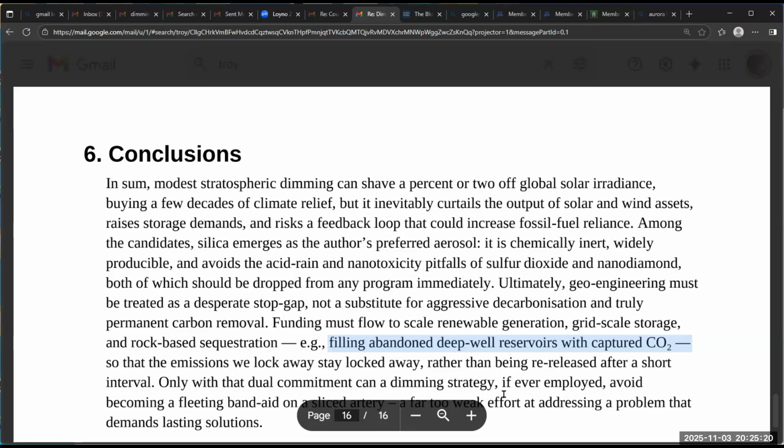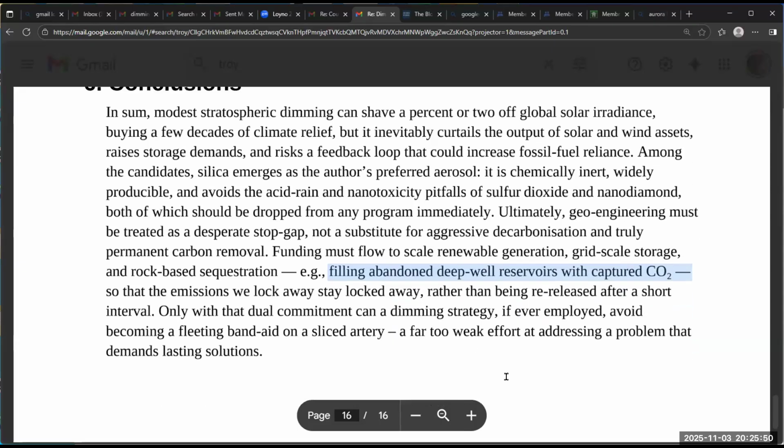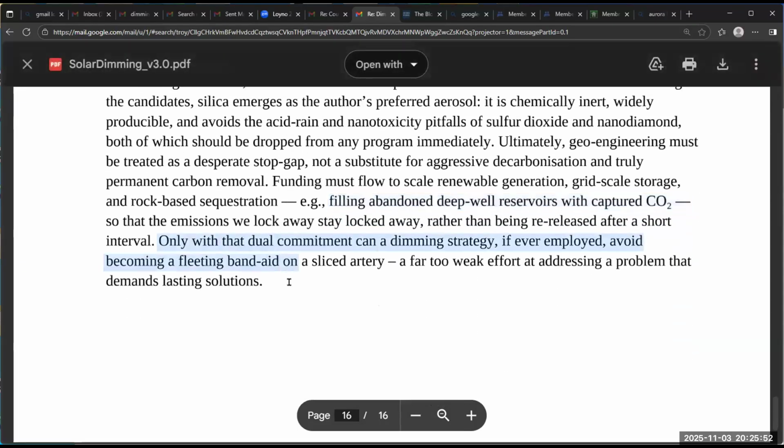So that's what we need to be doing: removing the carbon. We've got to stop adding carbon to the atmosphere. We've got to remove the carbon from the atmosphere. And if we're taking those seriously, then maybe we can buy a little bit of time with this dimming strategy. But either way, dimming is just a pretty weak strategy. And I'll conclude here with this sentence: only with a dual commitment can a dimming strategy,